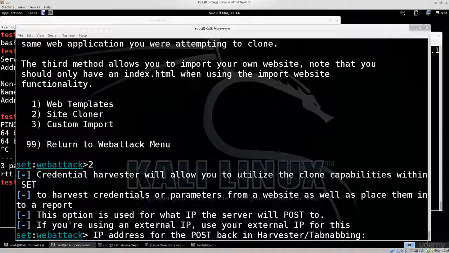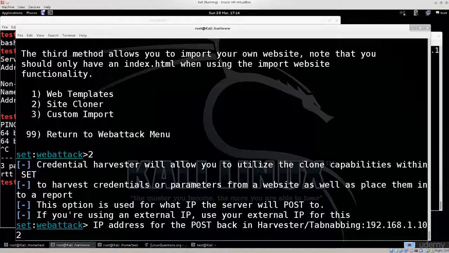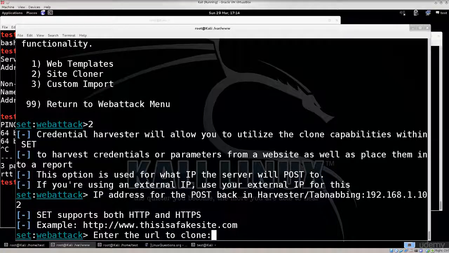Sorry, this is my mistake. This option is used for what server the post goes to. So sorry, this is my bad. You need to type in 192.168.1.102. Basically, this is your IP address. And for the postback, if you are using an external IP address, use your external IP address for this. But we are obviously not going to use our external IP addresses today, but you of course can if you have a VPN. Press enter here, and now we need a domain name,